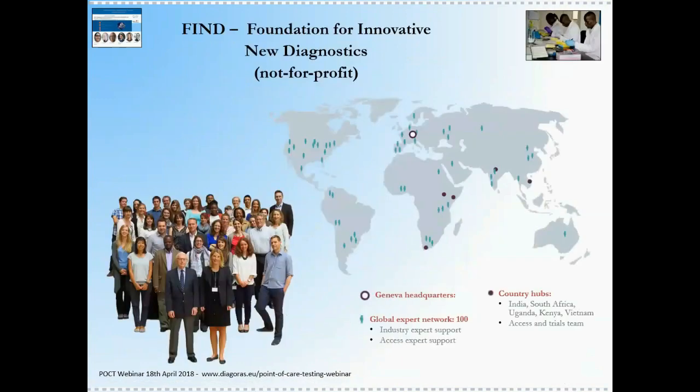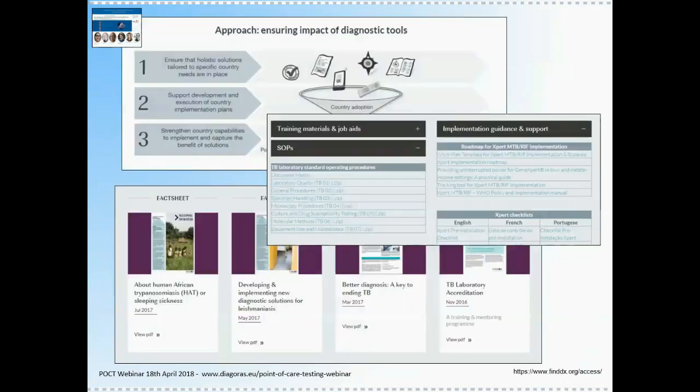And there is an institution, FIND, you may be aware of this, the Foundation for Innovative New Diagnostics, who are particularly available and helpful in implementing point-of-care testing and giving advice to developers of point-of-care testing in low and middle-income countries. And this is the kind of information that FIND can produce for developers or even for users. For instance, here we have fact sheets about trypanosomiasis, developing new diagnostic solutions for leishmaniasis, etc., including TB. So this is a website and an institution that's very useful.